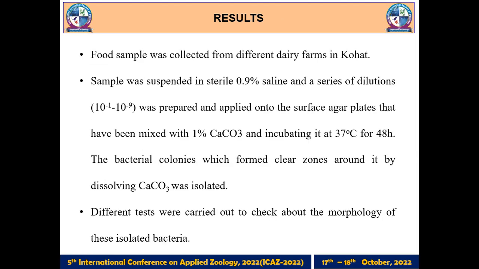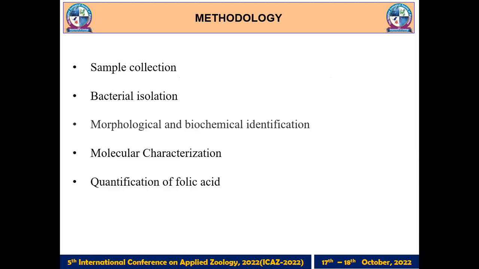So here are the results. Let me give you some examples of how we did the morphological analysis, or how we isolated bacteria first. For bacterial isolation, we serially diluted our milk and yogurt samples, and after the serial dilution, we grew the bacteria. We don't know what kind of bacteria they are, so we are growing them on MRS agar plates. MRS specifically grows only lactobacilli. We also add calcium carbonate to the media and keep it at 37 degrees centigrade